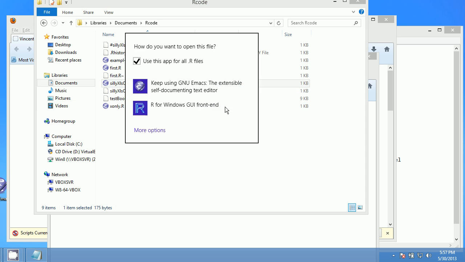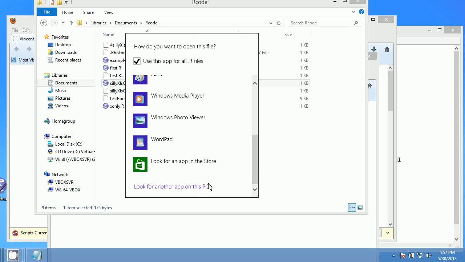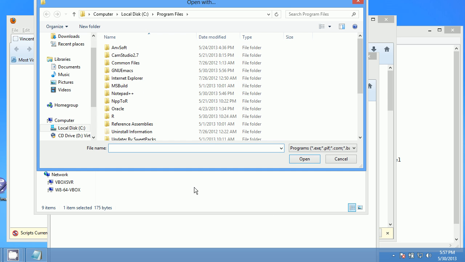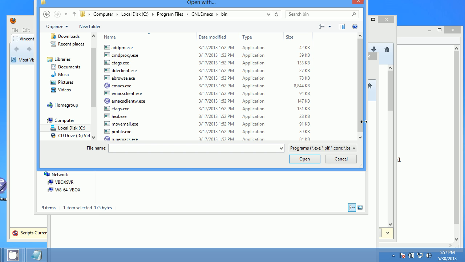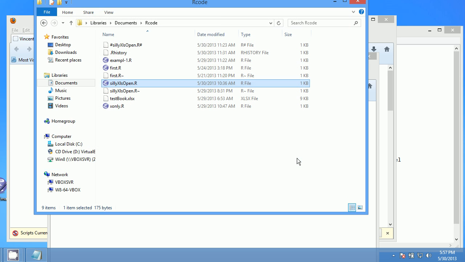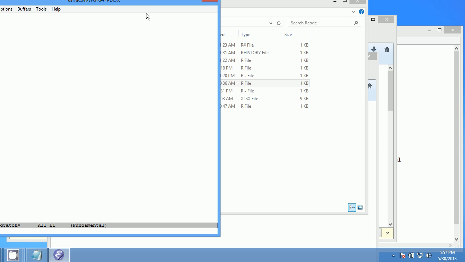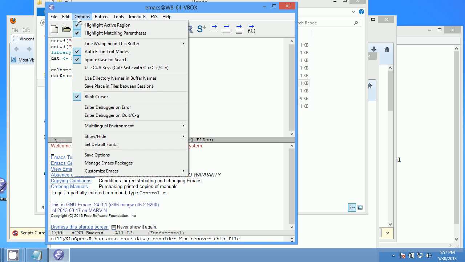So let's choose Default Program, More Options, go to the bottom, choose Look for another app on the PC, go to the GNU Emacs folder, bin, where the program's installed, the executable, and choose Run Emacs. So now Emacs is associated with the file, and you'll see some of the benefits of Emacs immediately. In the options, you can tell by default it has highlight